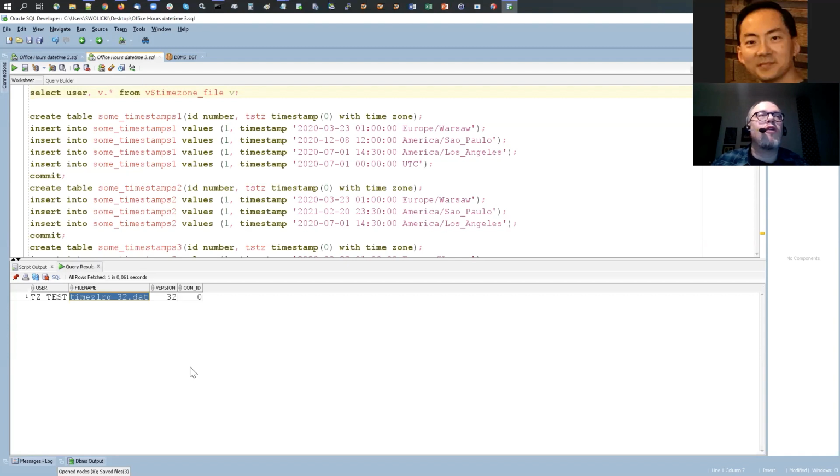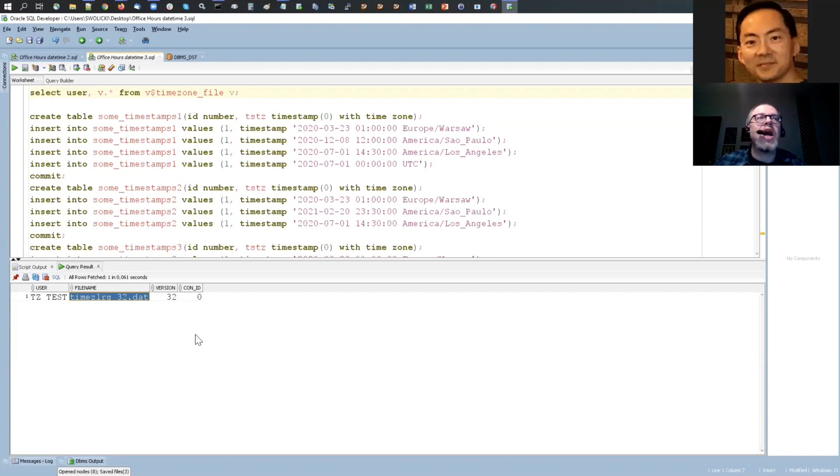This is the default file that comes with Oracle 19.3. And this is what was originally in my installation. And this is also what you get when you create PDBs from the seed, because the seed database uses this original version that comes with the